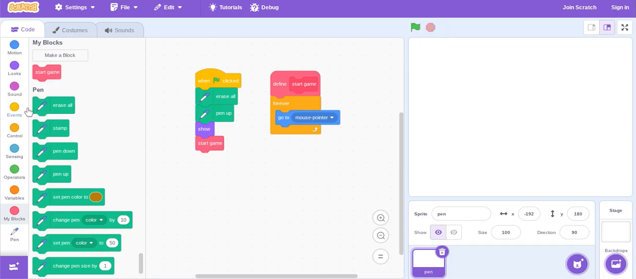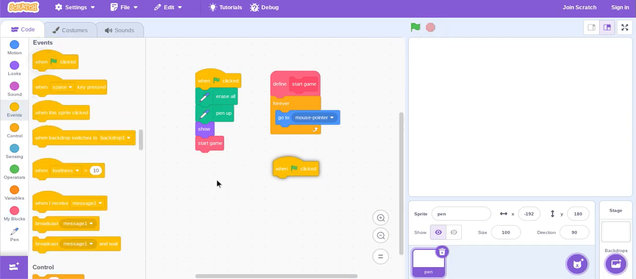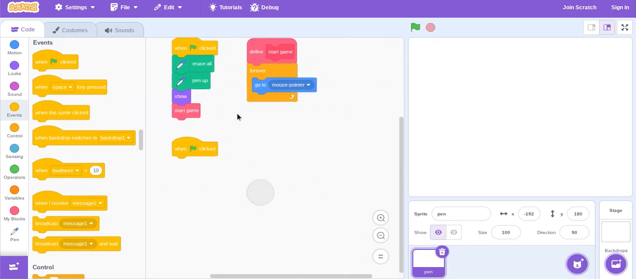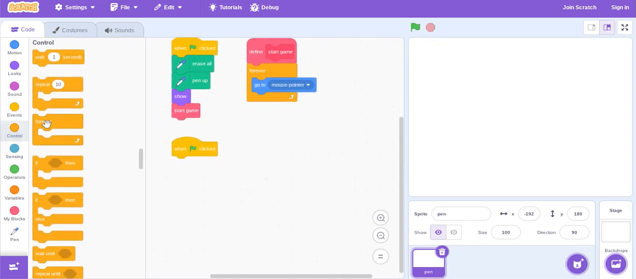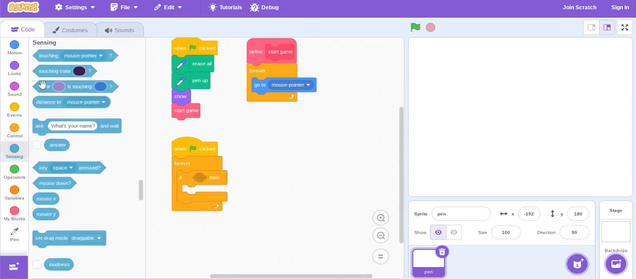Now I'm going to get another when green flag clicked block, a forever block and an if block. Go to the sensing category and get this mouse down block. If the mouse is down, like we clicked it, then draw. If it is not, then don't. So, if mouse down,